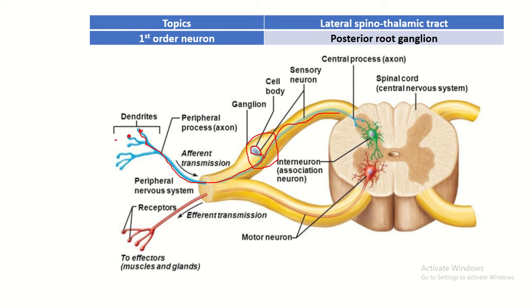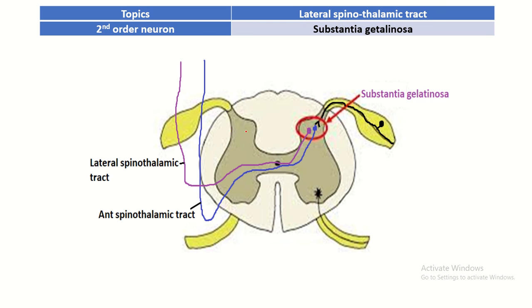So sensory information is first received by the receptor, the free nerve ending, then it is passed through the peripheral process of the pseudounipolar neuron, then the central process, and it enters the central nervous system. This is the H-shaped gray matter. This is the posterior horn, which is thinner and longer than the ventral horn. This particular portion is known as the substantia gelatinosa.